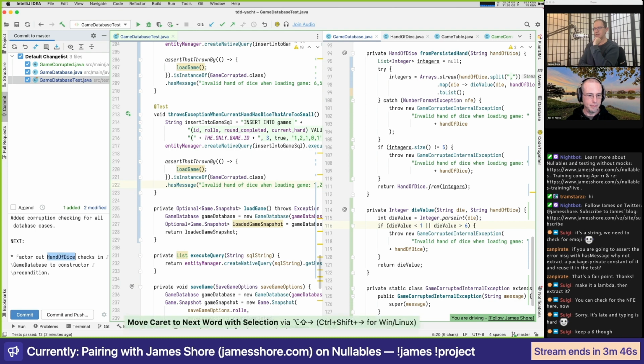Yeah. Dice checks. And then after that, nullables. Make it nullable. Make database nullable.